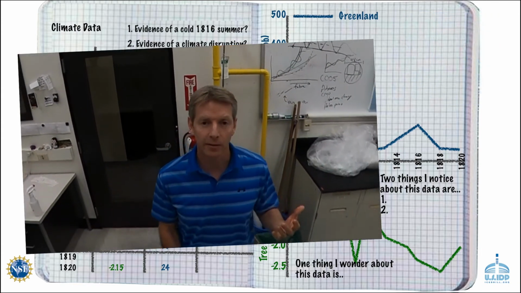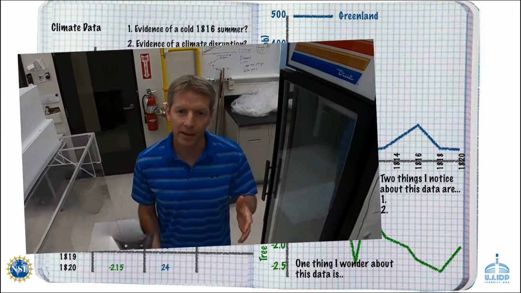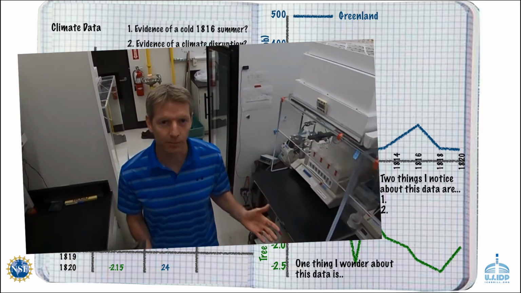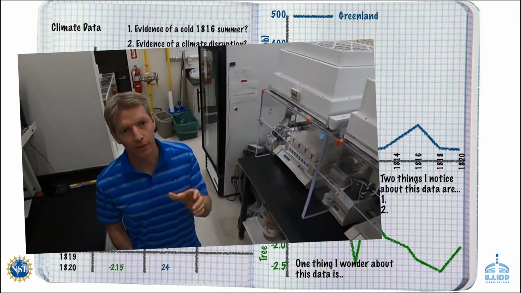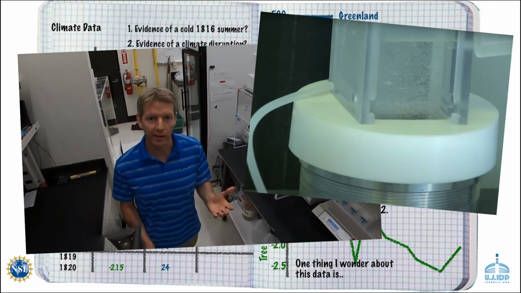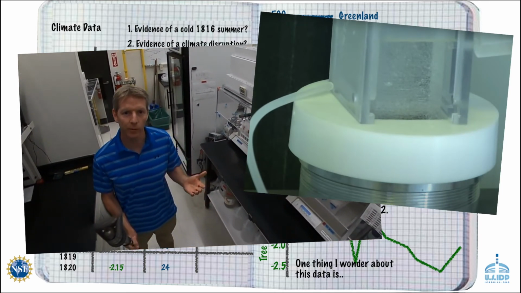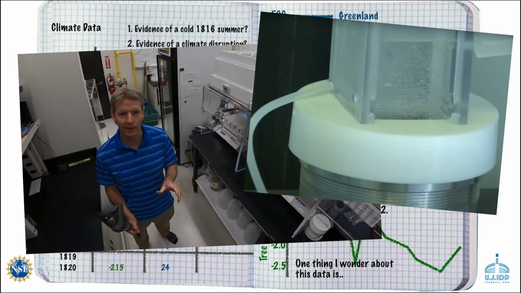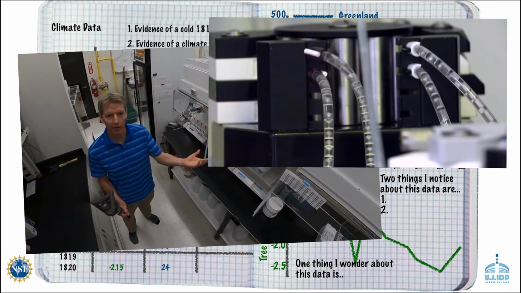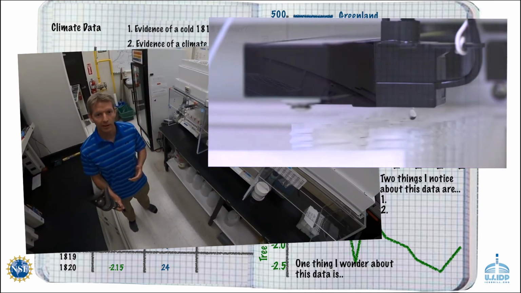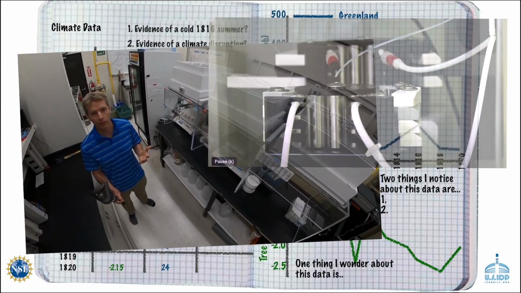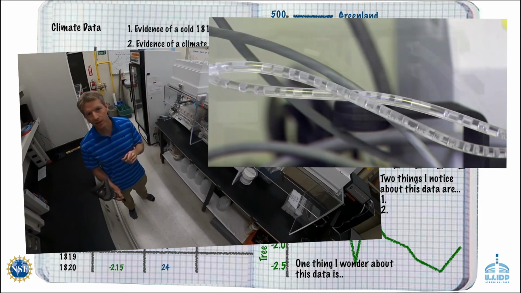So to analyze the ice core from the South Pole, instead of cutting it up into little pieces, we're actually going to melt it here on a specialized melting system. This actually separates the water from the inside of the core, which is that pristine water, from the outside of the core, which might be dirty. Instead of slicing it off by hand like we did with Greenland, this actually does it automatically. And then the water melts and can actually get passed through these tubes and pumped all the way down into these individual bottles. This way, instead of actually getting one sample for every 5 or 10 centimeters of ice core, we can get one sample every centimeter of the core.